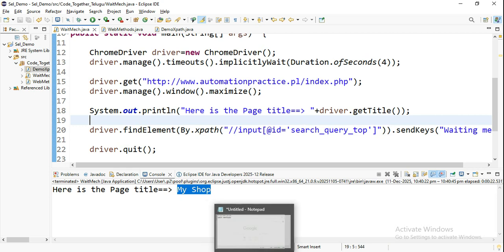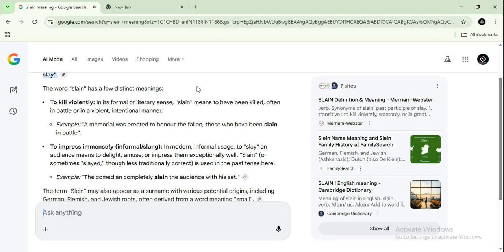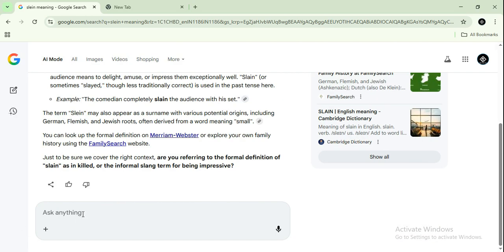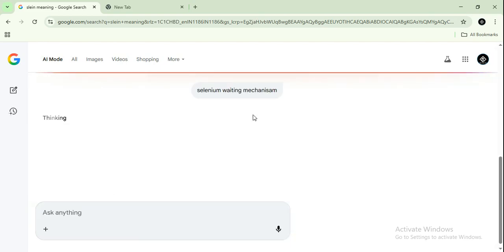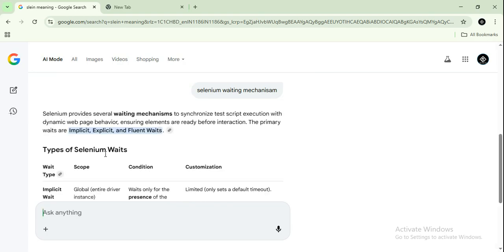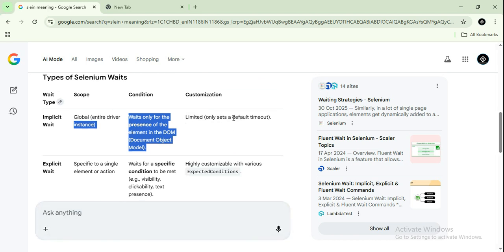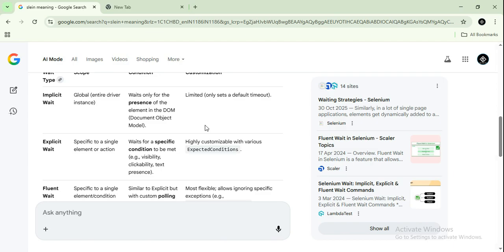We have checked out here, right? Selenium waiting mechanism. Okay, just google it, you will have it. So implicit wait scope is global, the entire driver instance. That is what I told you, right? It waits only for the presence of the element in the DOM, limited only, sets default timeout. It's a kind of default timeout, that's it. Timeout in the sense it will wait until that time, after that it won't. Okay, explicit,